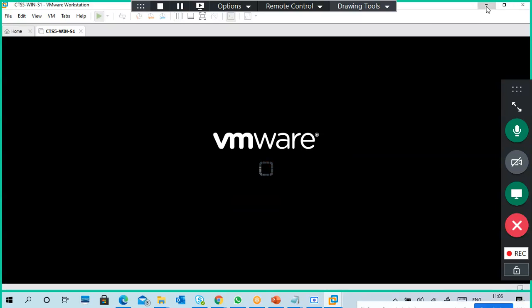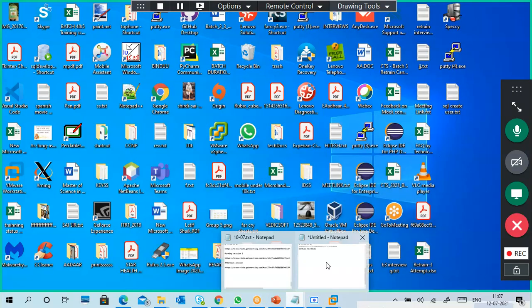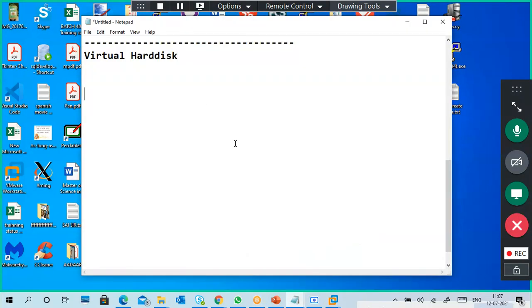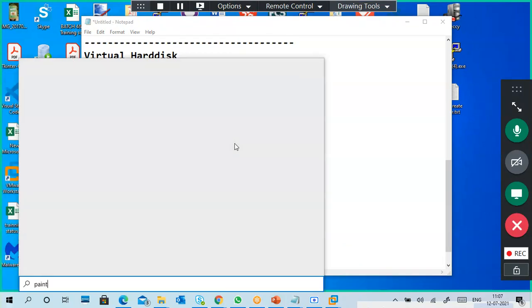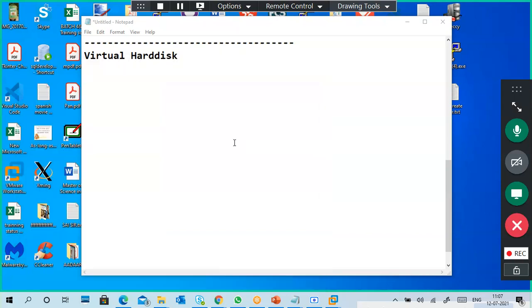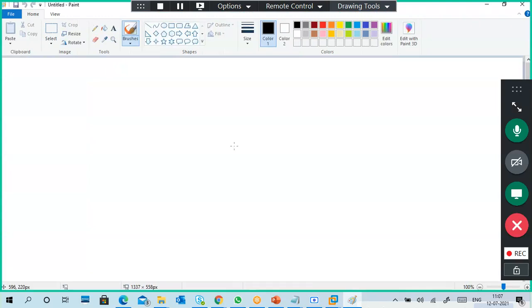The point of why I showed that, I will tell you now. What is this virtual hard disk? I already told you, to do this practical you don't require a server; any machine, including your Windows machine, you can use.